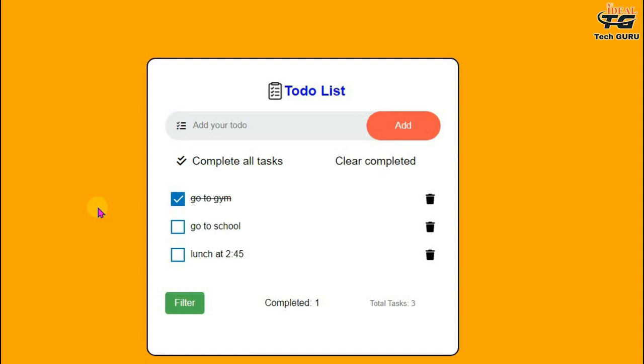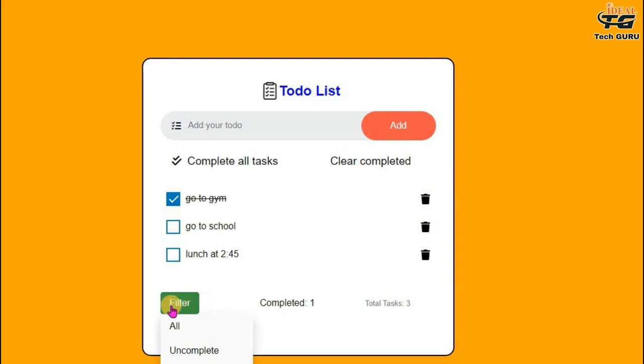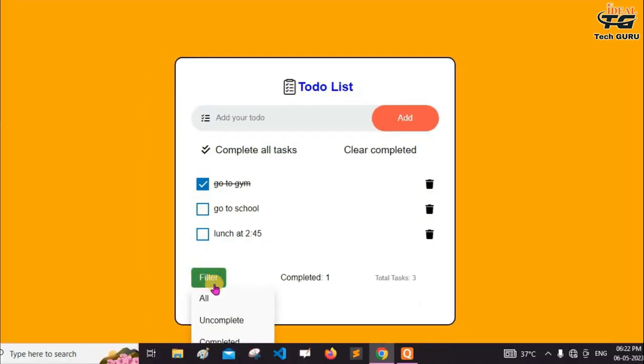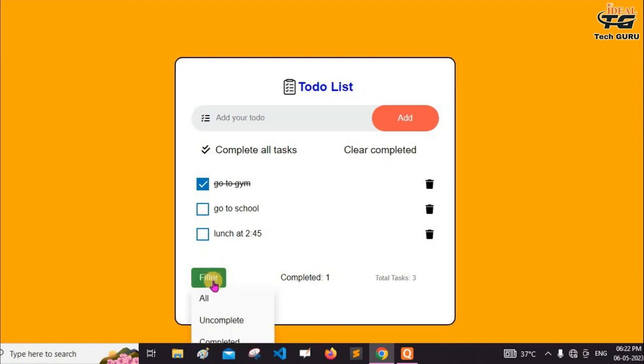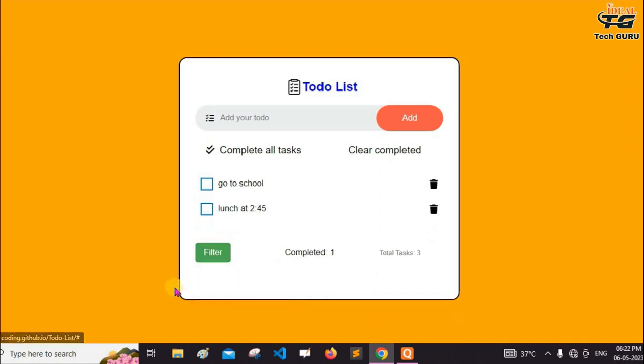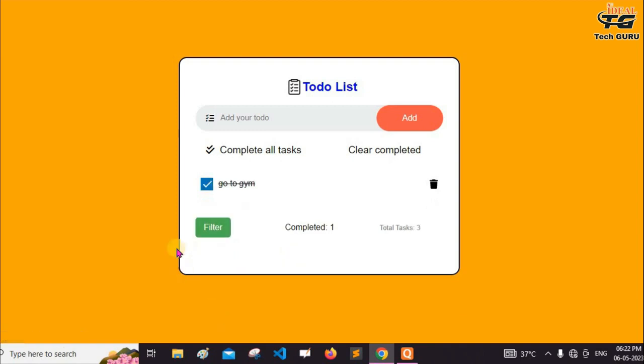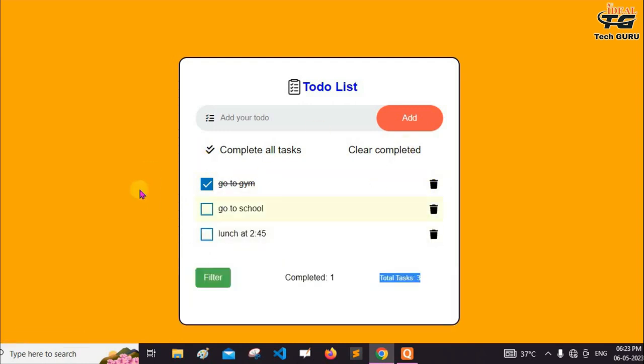When this task is done, there is a strike-through on it. So the basic operation is applied. Also we can filter the tasks. In the filter, there is All tasks, in which we see all the tasks in my to-do list; Uncompleted, which shows tasks not completed at that time; and also we can see Completed tasks. So filter completed, go to gym, this task was done by me, so the completed task will show. Also there is a completed task count which shows the tasks done by me, and here the total tasks also. Just go to filter and apply All tasks, so here all tasks will show.